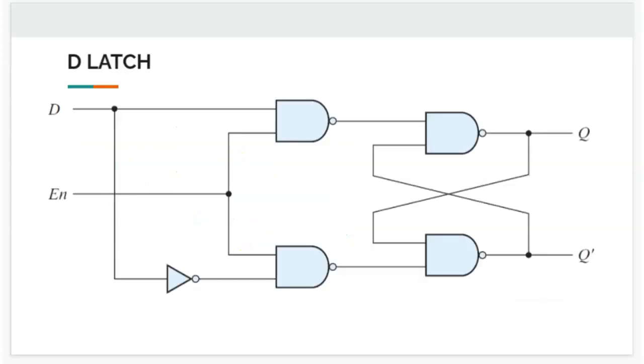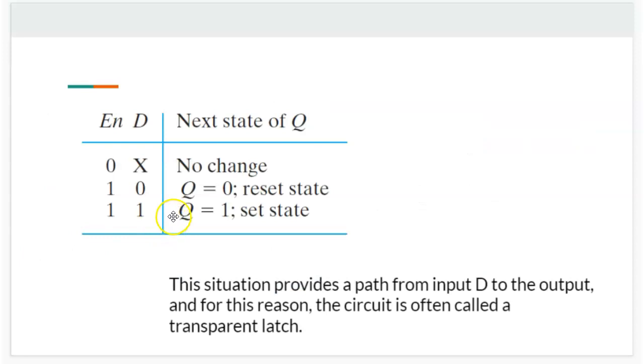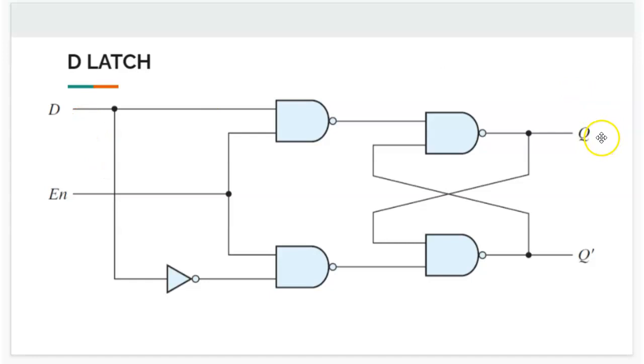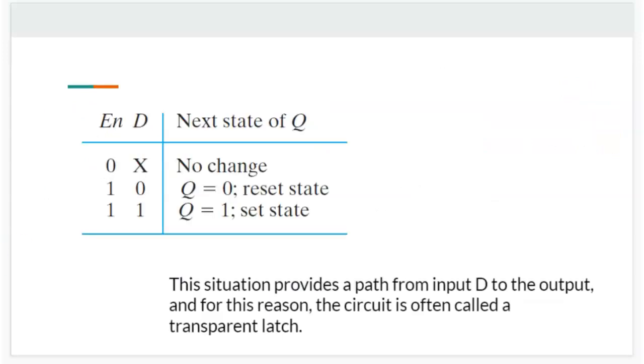The D in the D latch refers to the data. This is the data line and this is the output state line. So you will transfer whatever the data has to the state. It is also called a transparent latch because there are no conditions or gates involved to alter the data line. You directly give whatever D has to the output state. It's actually reflected there, so it's called a transparent latch.